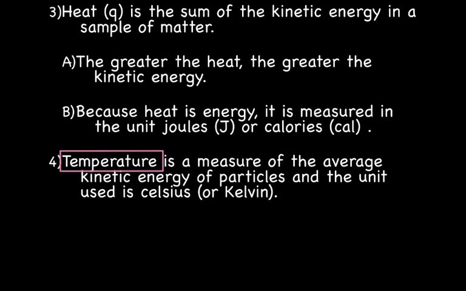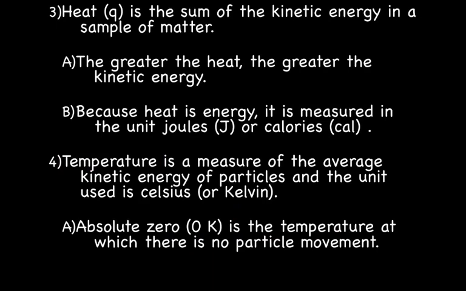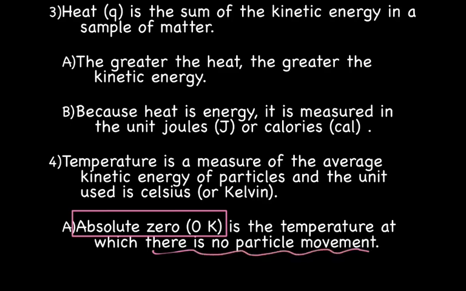Temperature is a measurement of the average kinetic energy or the heat of something. And in science, the unit that we normally use is either Celsius or Kelvin. And we'll spend a lot more time talking about Kelvin in future. And then we have this thing called absolute zero. Absolute zero is the theoretical lowest temperature possible at all, anywhere, ever. Okay? And absolute zero, which is 0 degrees Kelvin, is when there is absolutely no particle movement. There is so little heat, so little movement, so little energy, no movement, absolute zero. Okay,